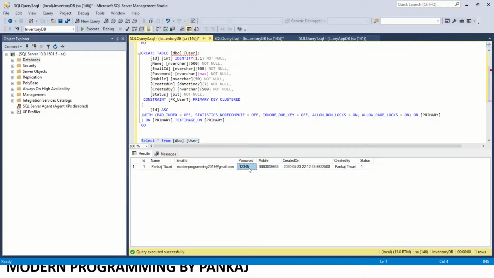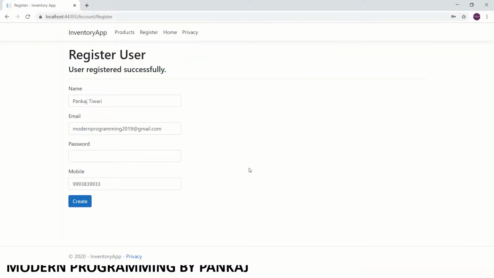This is also the worst thing in your coding if you are doing it like that, because we should never save our password so that it is readable by anyone. It should always be encrypted or a hashed password. There are multiple encryption algorithms available in the market, so you can check on Google for encryption. By using them you can encrypt your password, and then we should always save the encrypted password in your application. Okay, so this is how we can register the user.